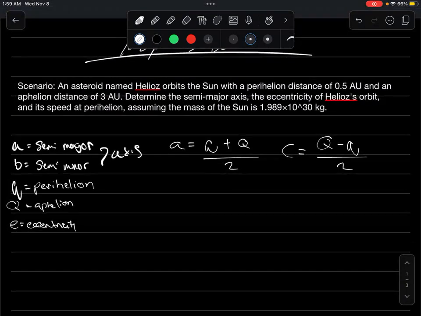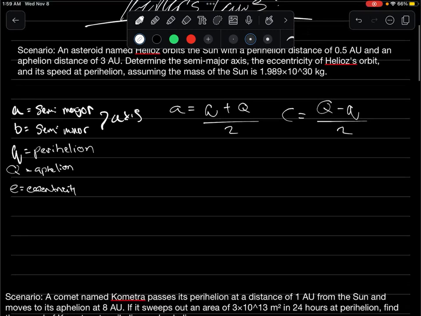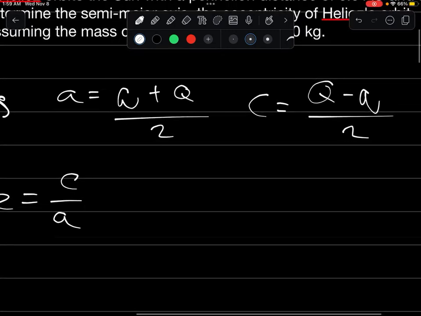Okay, and now in order to derive the eccentricity E using C and A, we derive the ratio of the distance from the center to a focus over the semi-major axis. So this final step combines the geometric understandings of the ellipse, the physical parameters of the orbit, to yield the eccentricity. So we get E equals C over A, which will in other words be, if I had to write it out,